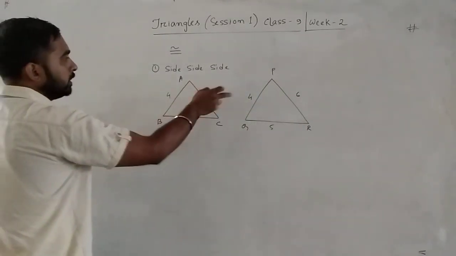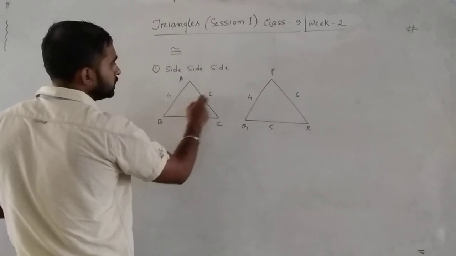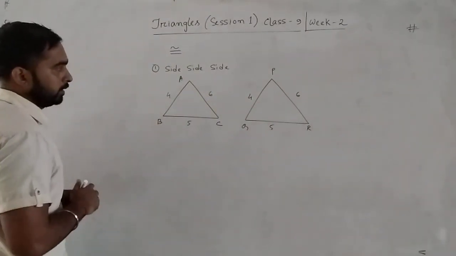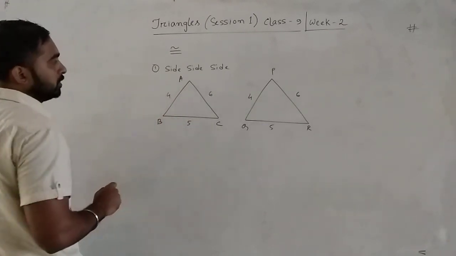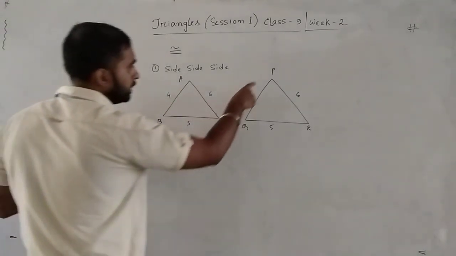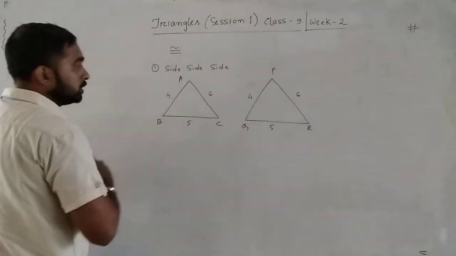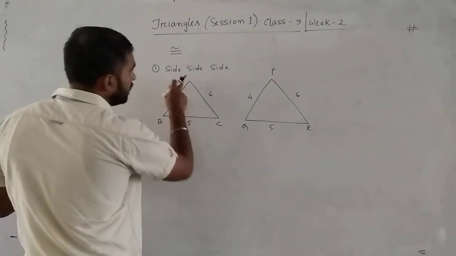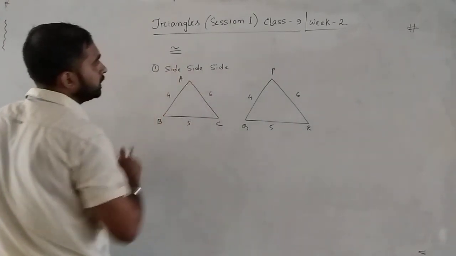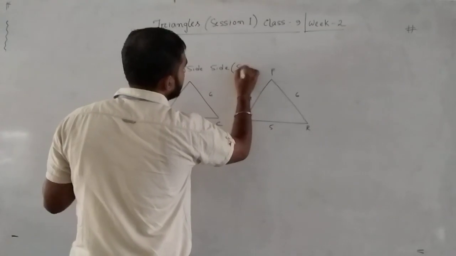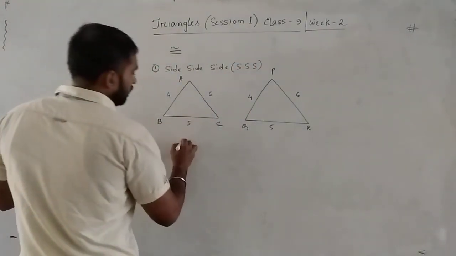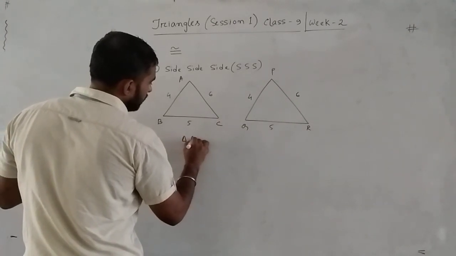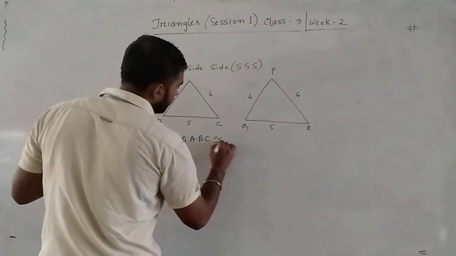Now in these two triangles, all three sides are equal to one another. In this triangle the dimensions of the sides are 4, 5, 6. Here also 4, 5, 6. So these two triangles are congruent by side, side, side, or simply you can say S represents side. Now if we write them in this way,